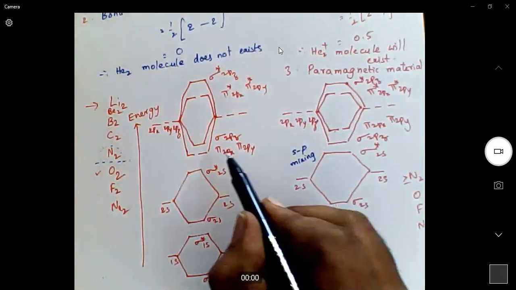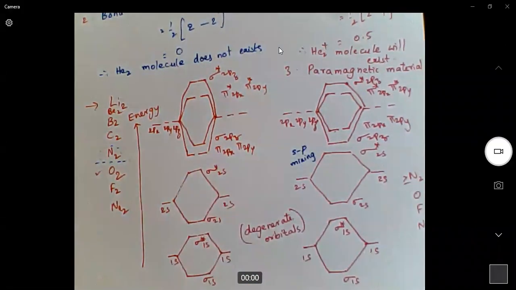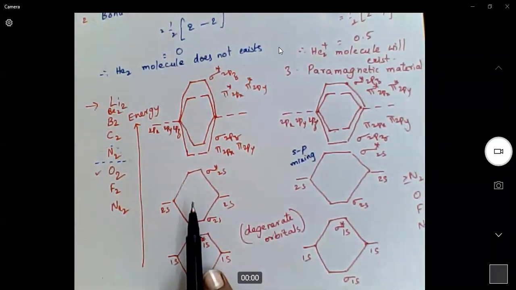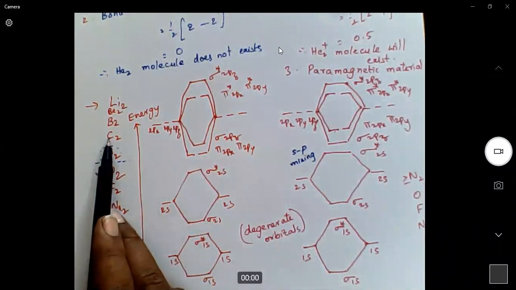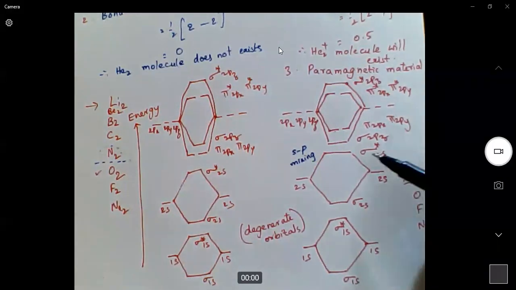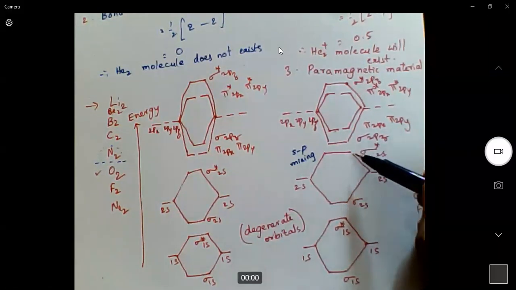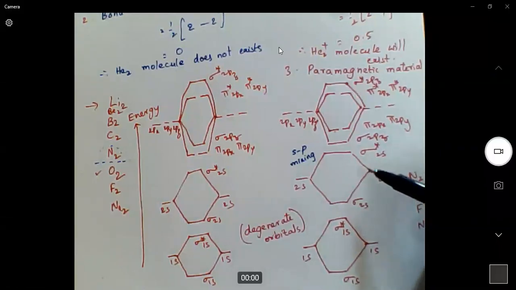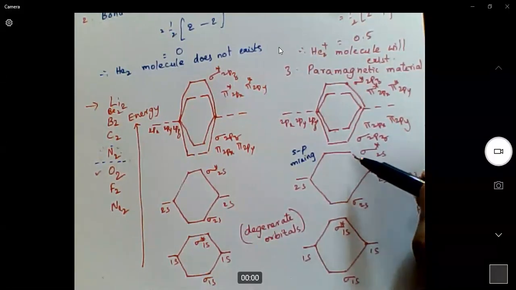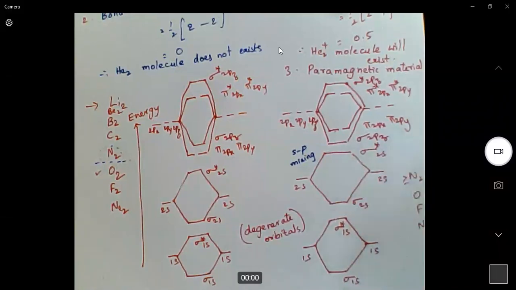It increases its energy more than the pi orbitals. So this is the reason why we must follow this energy order for smaller atoms. For higher atoms, atoms are very large, then orbitals are far away from each other. So we don't observe any sp mixing in large atoms. Okay, sp mixing is observed only in small atoms. In small atoms, these orbitals are close together, so we can easily observe sp mixing.